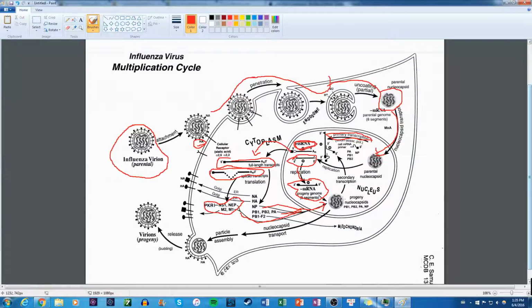It allows you to make these progeny nucleocapsids. And from the progeny nucleocapsids, the premature virions can either go outside, or you can undergo secondary transcription. So you can make more positive single-stranded RNA from your native single-stranded RNA,